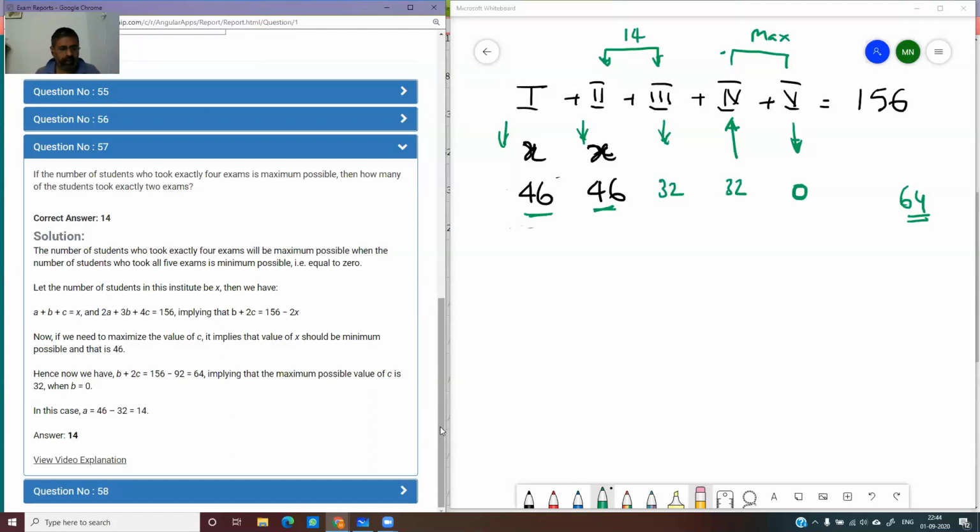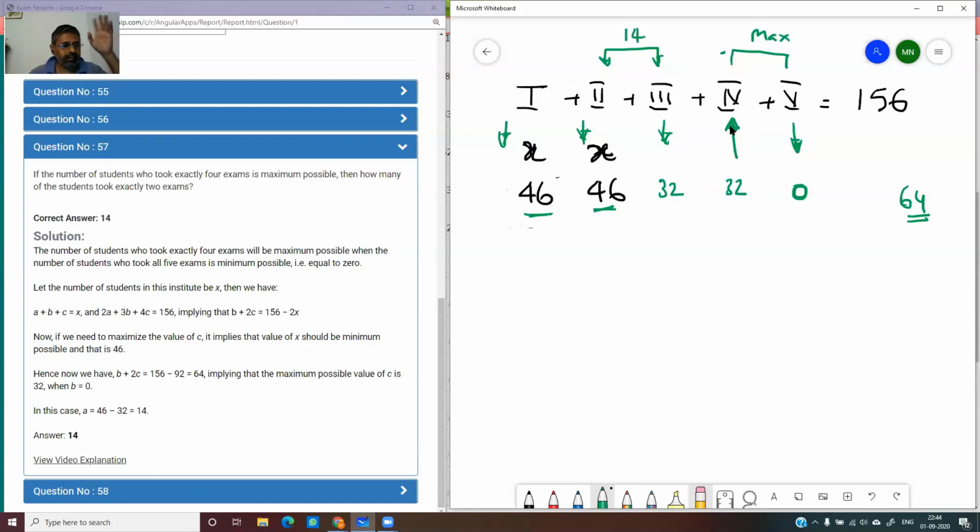See, why did I take 46 here? Because they're asking you to maximize here, isn't it? When they're asking you to maximize here, what does it mean? You have to minimize everything else. What is the minimum value I'll have to take for x? See, I'm drawing the arrow here. All these are minimum values, isn't it? Because I'm asked to maximize, all minimum values I'm taking, and I can't go below 46. So I have to draw a floor there. I can't go below 46, so I plug in that 46 directly. Otherwise, I'll get wrong values. I'll probably go below 46 if I don't do that.